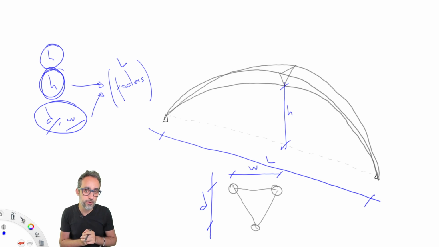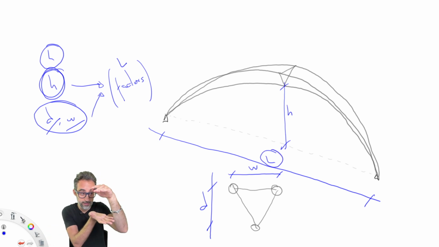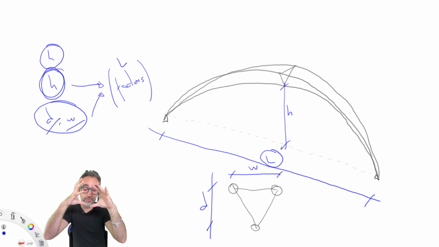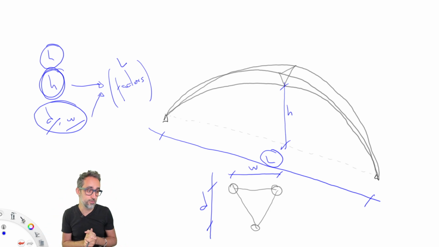And for these three elements, for the height, for the depth, and for the width, except maybe the width, I'm not sure about that, I would like to have them, instead of straight values, as factors of the length, so that whenever the length is smaller, the height is smaller, and also the depth of the beam is smaller as well, so that we get a more optimized beam, a more optimized truss, as we saw in the previous exercises.